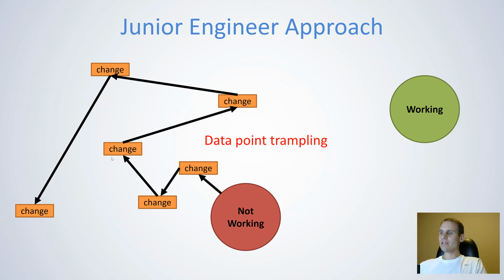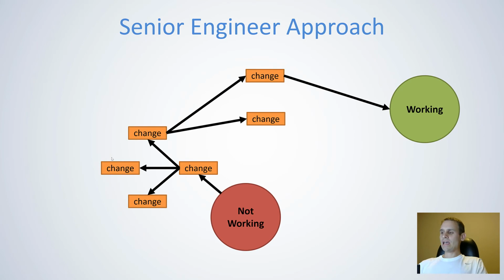And ultimately they circle around and spin around till they get to a dead end, and they throw their hands up and have to reach out to a more technical superior that can solve the problem for them. And one of those might be a senior engineer. And the strategy they usually employ is they'll start out with a not working state, and they'll make changes in